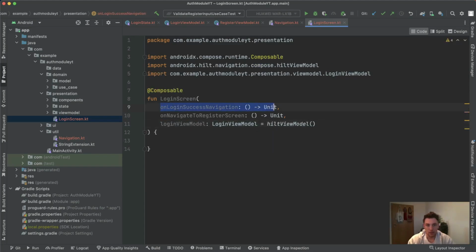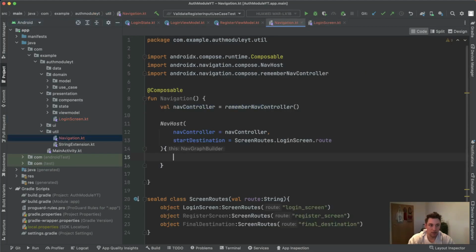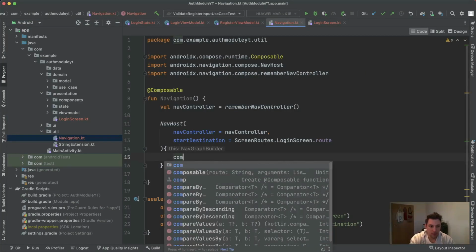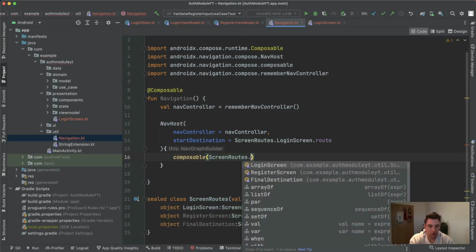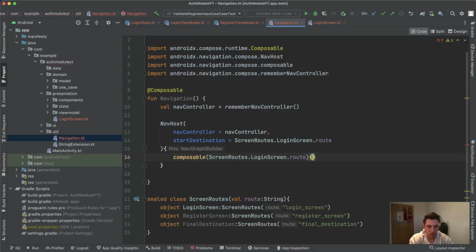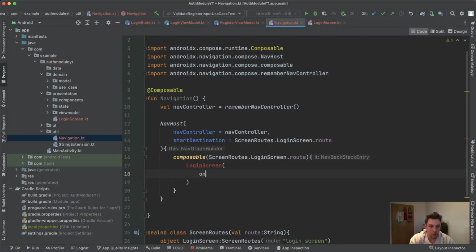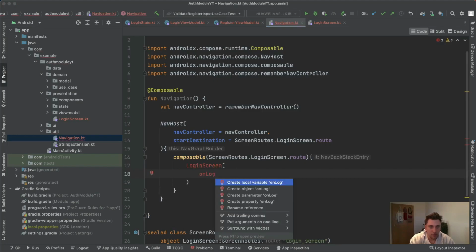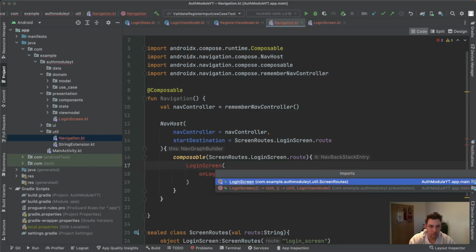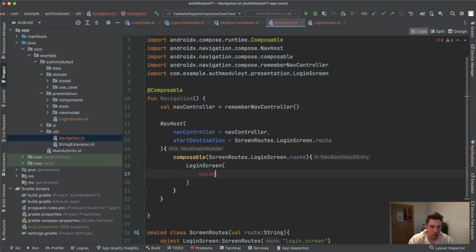And we don't need to pass the nav controller here. The login screen does not need to know about the nav controller. We can completely put the logic of navigation inside our navigation composable. Let's see how this works. Here we can define the composable for the screen routes.login screen.route, and we will invoke the login screen then. And for the on login, let's import the login screen first. This one. On login success navigation, we will pass